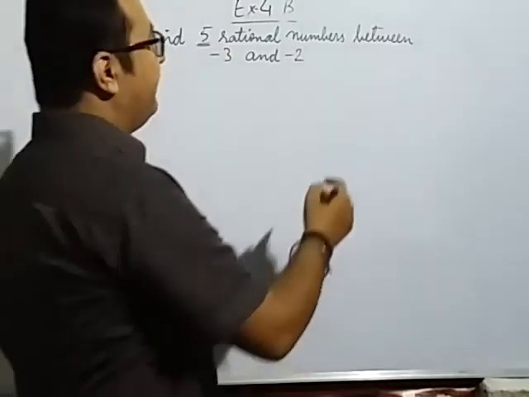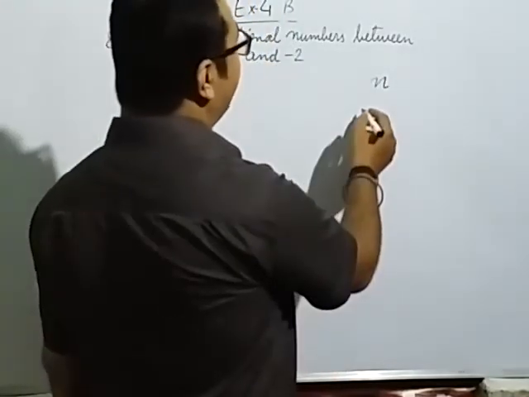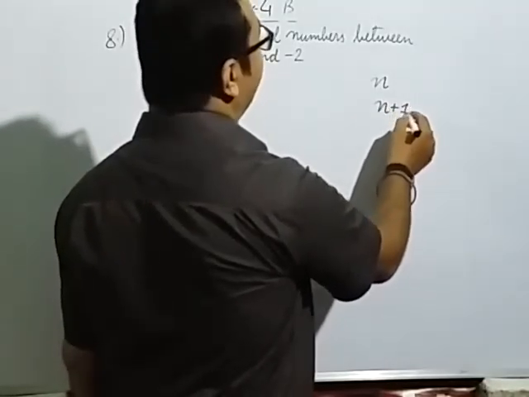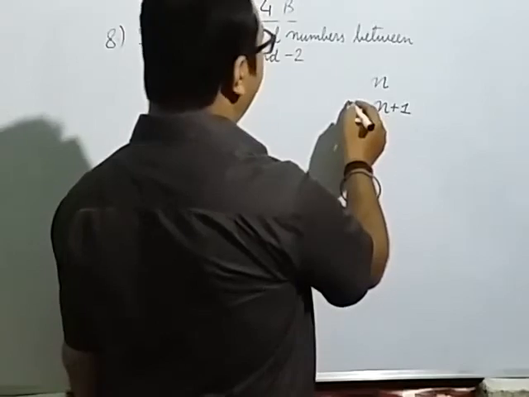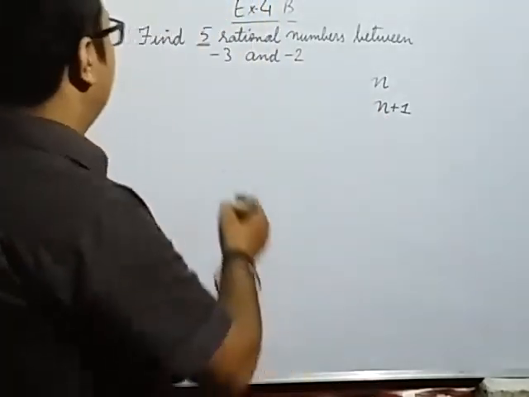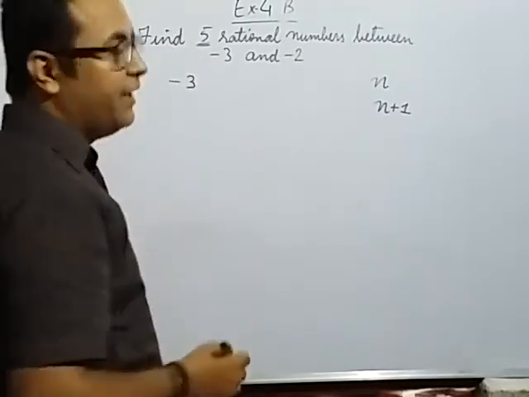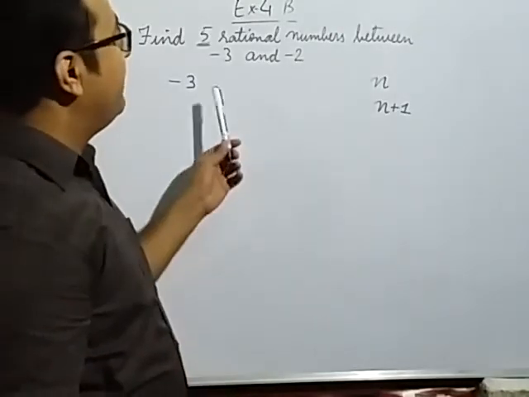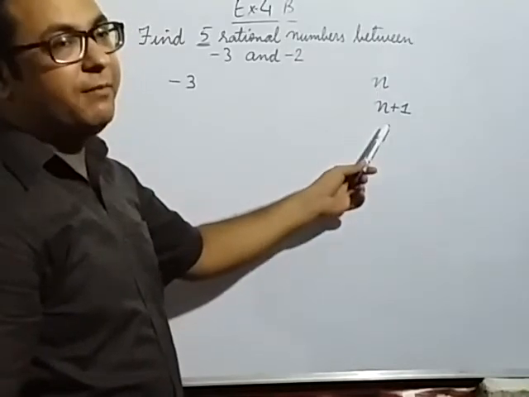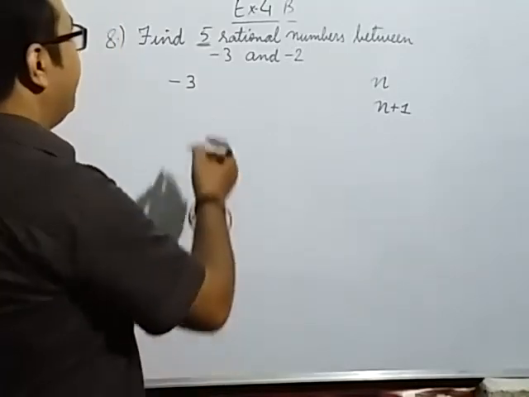So the rule is, if we need to find n rational numbers between two given numbers, we multiply the numerator and denominator by n plus 1. Okay, we multiply and divide the numerator and denominator by n plus 1. So minus 3, we need to find 5 rational numbers, so we will multiply and divide by 6. If we have to find n rational numbers, we multiply and divide by n plus 1. So here n is 5, so we will multiply and divide by